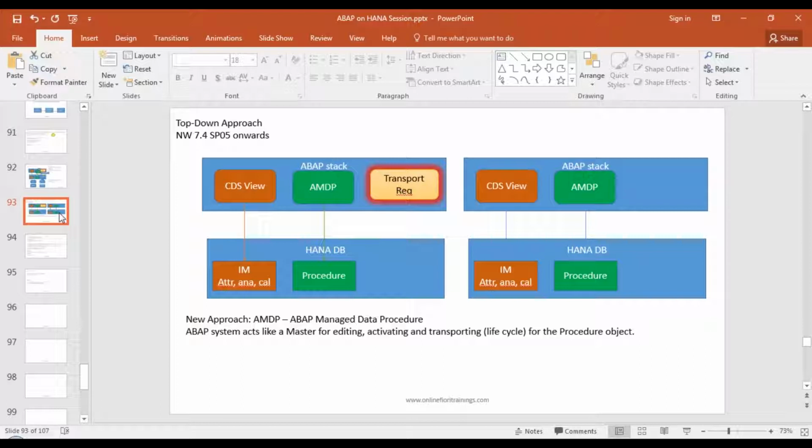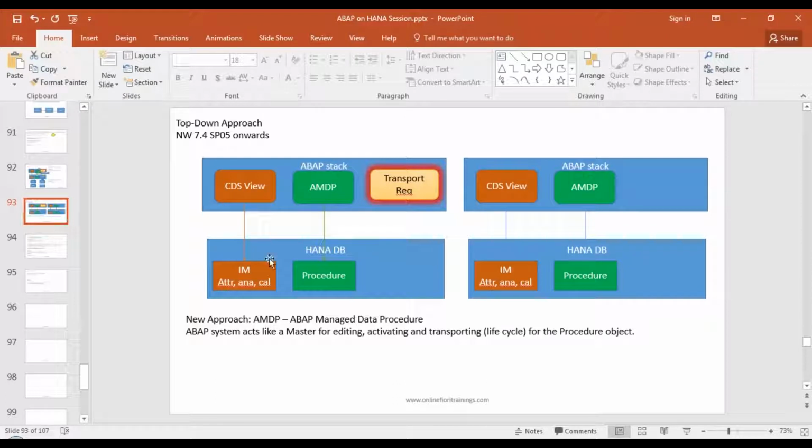You will put all the artifacts in a single transport request and release them. This leads your transport to reach the quality system, and accordingly these objects get created in the quality HANA database systems. We saw the concept of schema mapping in HANA DB, which identifies the corresponding ABAP schema in which these objects will be created.